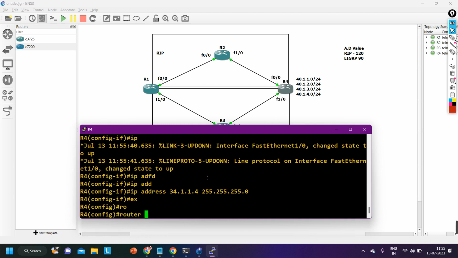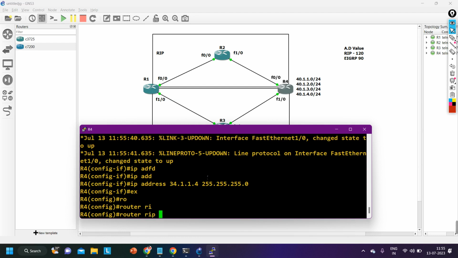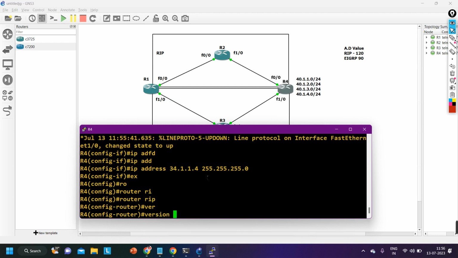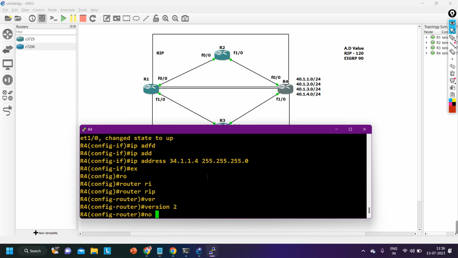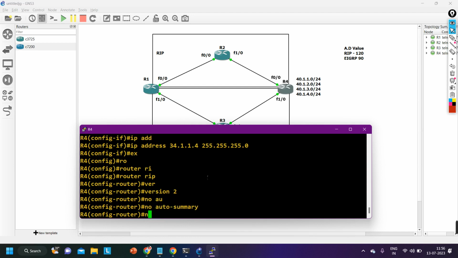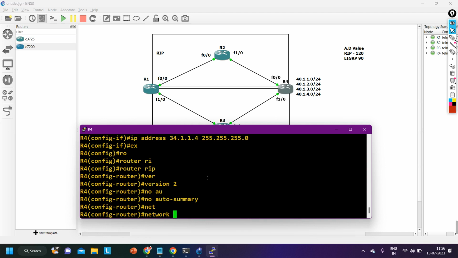Exit, router RIP, version 2, no auto-summary, and network, which network,